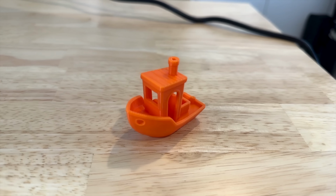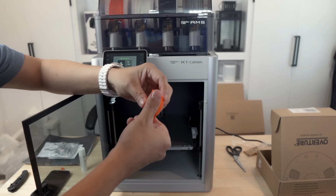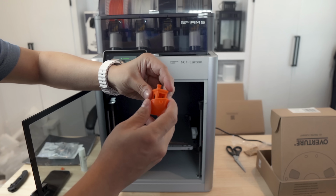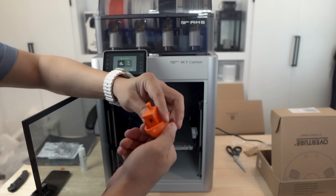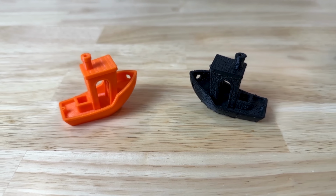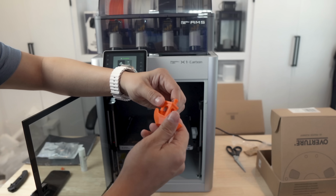So as you can see, it is a pretty good quality print job, and it's super smooth. You can hardly even see the lines for some of it. I mean, on some parts you can, but for the most part, a very solid print job. Super nice quality, definitely. I am very impressed with how fast this printer prints, and especially on the quality